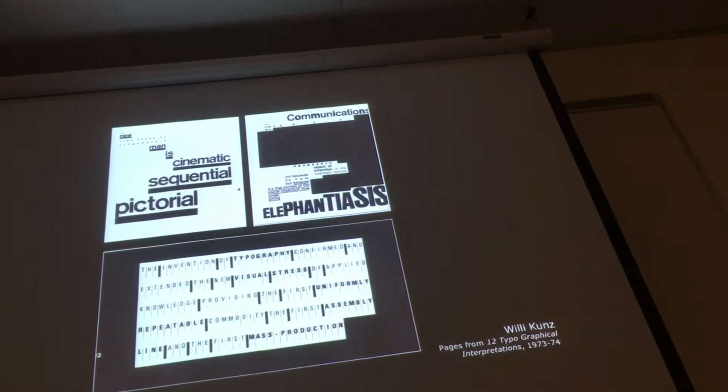So he put his students to work in building all kinds of type exercises that they did. And he assembled a book from the type exercises that he had them working on, and he called it 12 Typographical Interpretations. And the stress here is on the way that the words are spelled out. So it's 12, and then typo, meaning mistake, and then graphical, graphics, and then interpretation. So it was spelled out that way, 12 typographical interpretations.